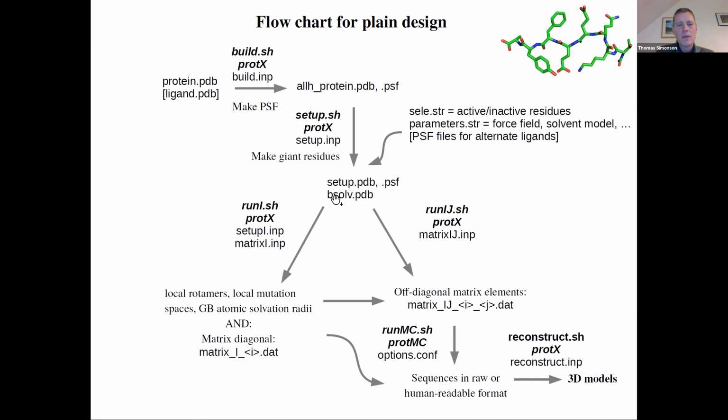Then you go through a bit more setup, and this includes things like putting rotamers in place and computing GB solvation radii on a residue atom basis or residue basis or both. And then computing the diagonal part of that energy matrix. And over here, you compute the off-diagonal energy matrix elements. These are controlled by these Prodex scripts, which use the Explorer script language. These ones here. There are also a couple up here.